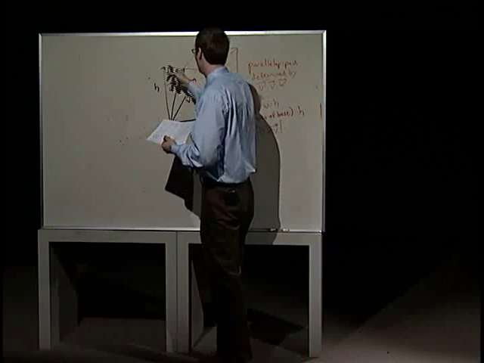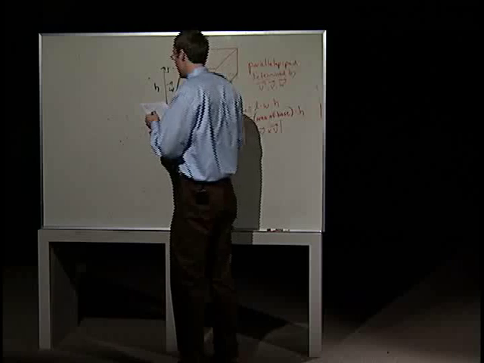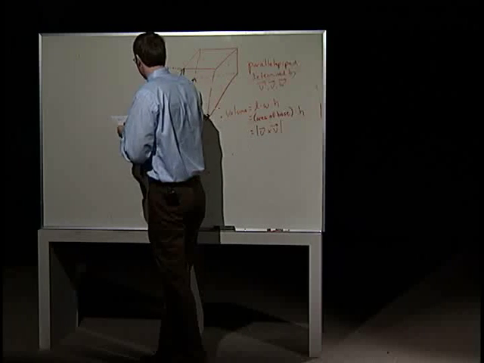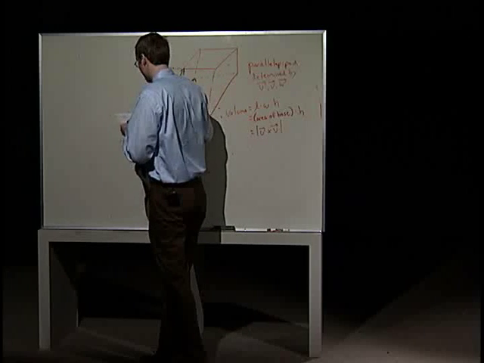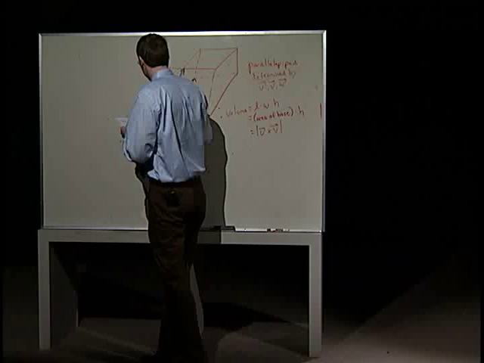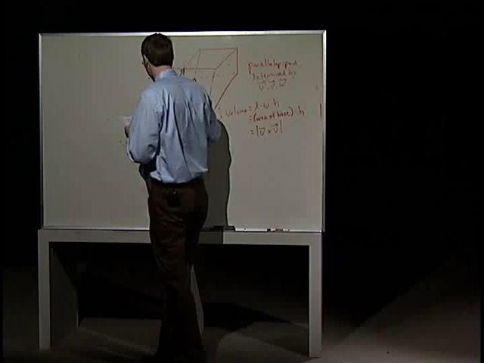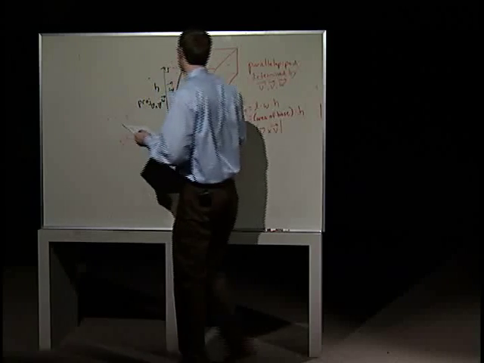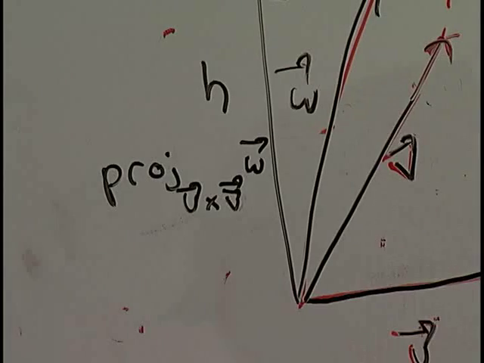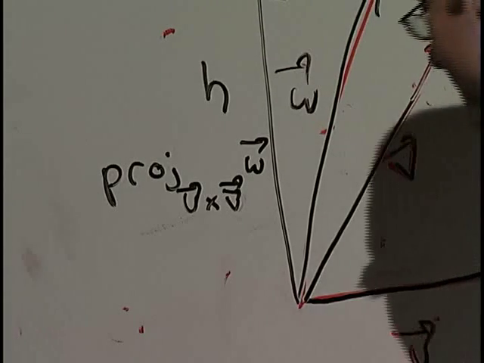Dropping a perpendicular from one vector to another screams vector projection. In particular, this vector over here is the vector projection of w onto u cross v, since